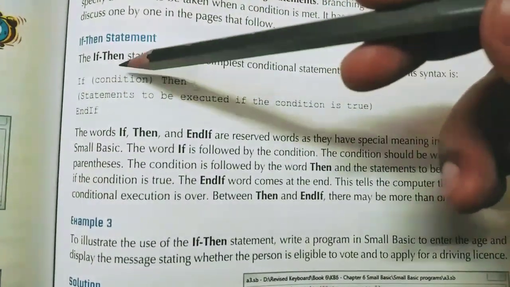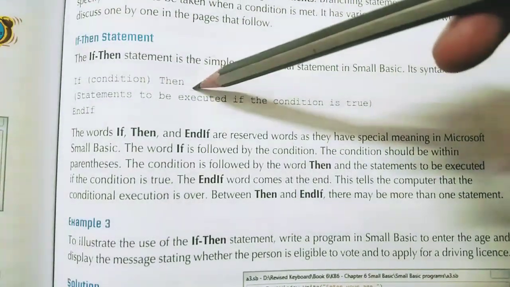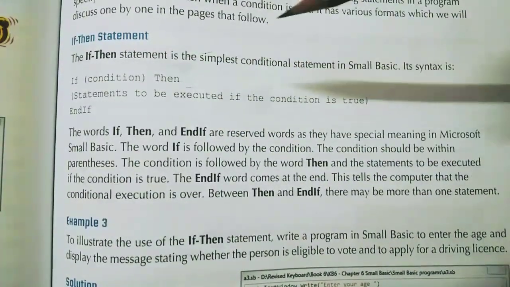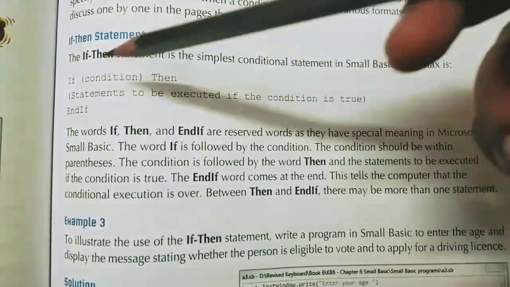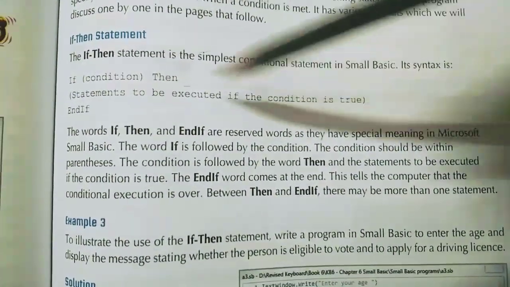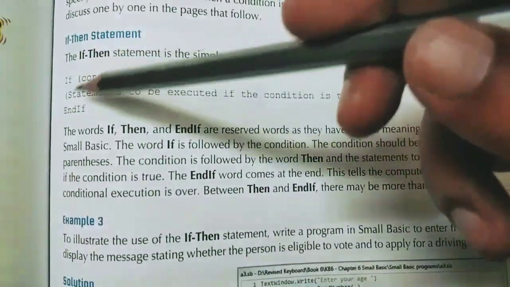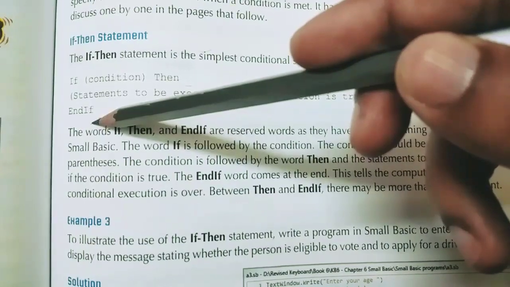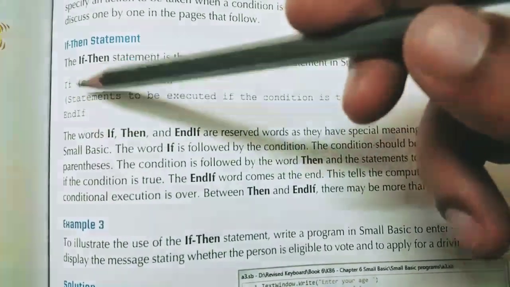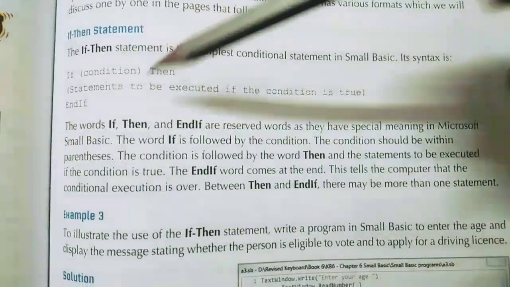If then you have to write the condition, what condition you are giving. After that give then. Suppose if this then do this. This is the condition. In this way the condition is applied. If this condition then execute this statement. At last write down end if. When you start the if, then you have to end the end if also. Stop the end if, stop the condition. So to stop the condition you have to put end if, otherwise it will give an error if you do not put this end if. Understood?